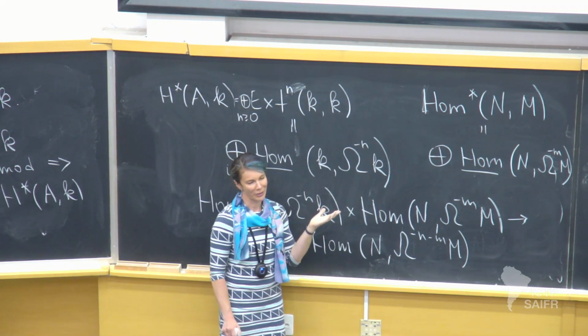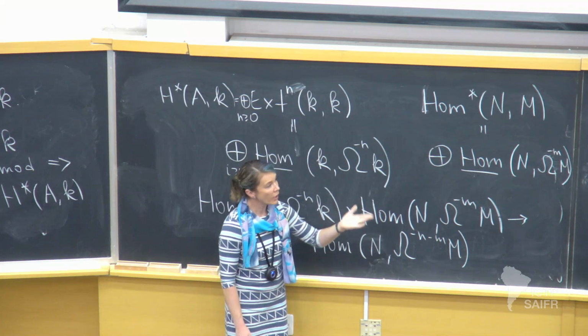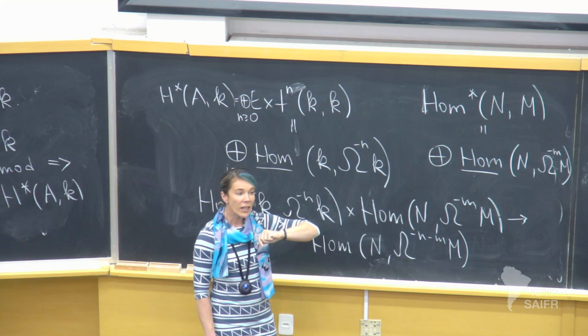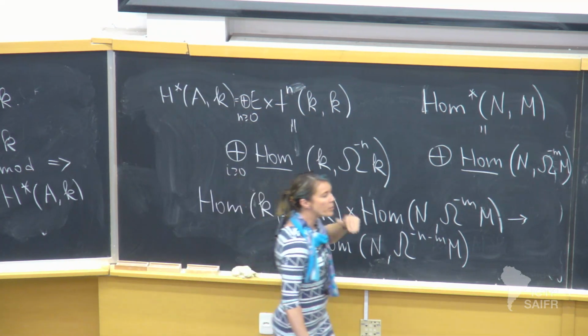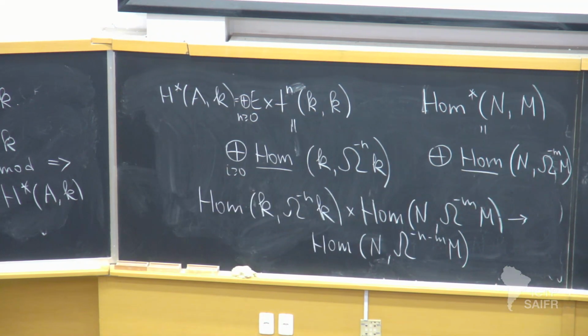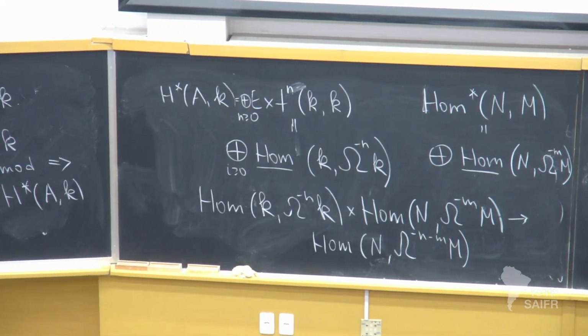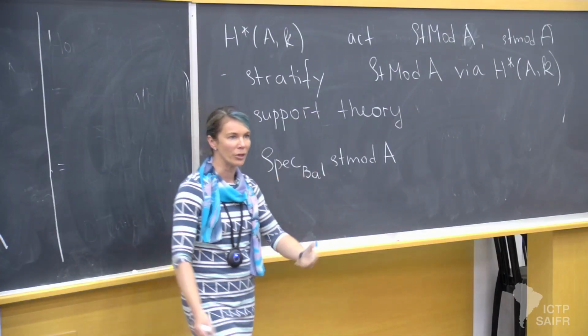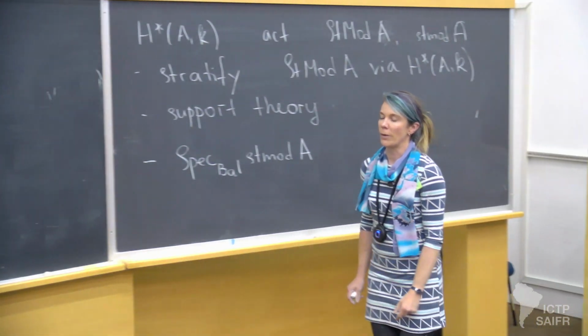Well, a reasonable thing to take in terms of actions. You can equally well look at the way Hochschild cohomology would act on that category and study that. For Hopf algebras, there is a way to go back and forth, even though they don't actually give you the same answer if you try to compute these things. But Hochschild cohomology, for example, is more reasonable because you don't have to restrict to Hopf algebras. You can do it for any, say, Gorenstein algebra or whatever is your favorite finite dimensional algebra.